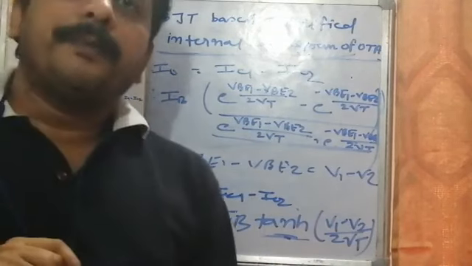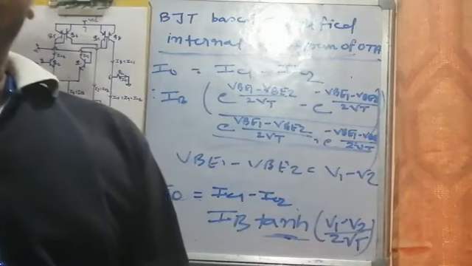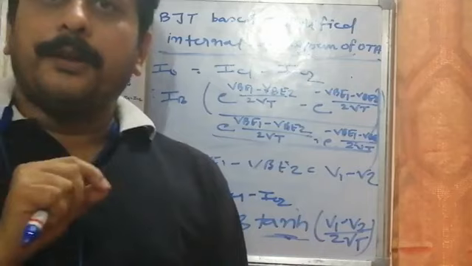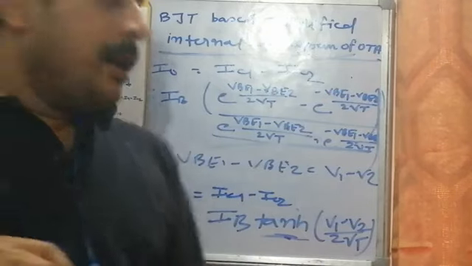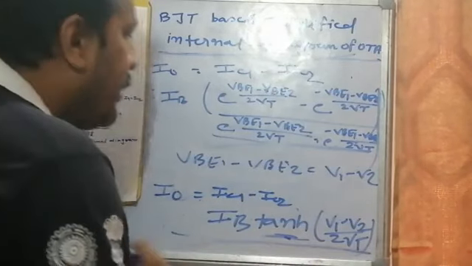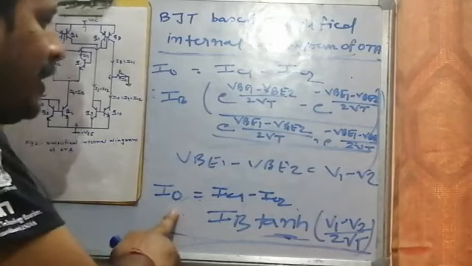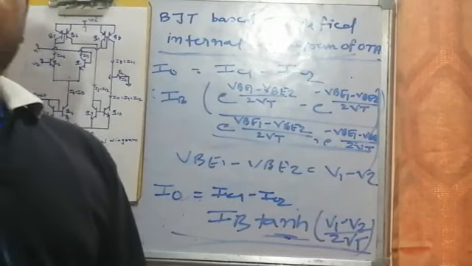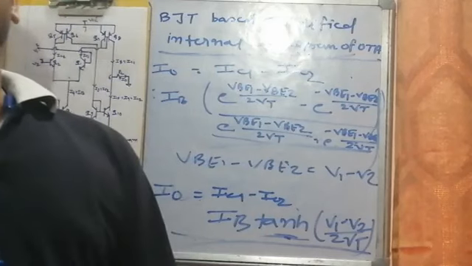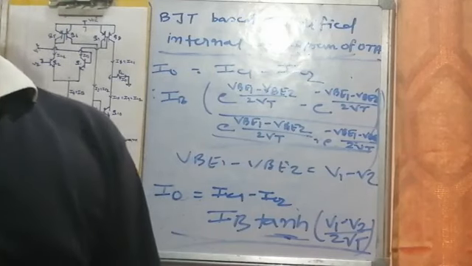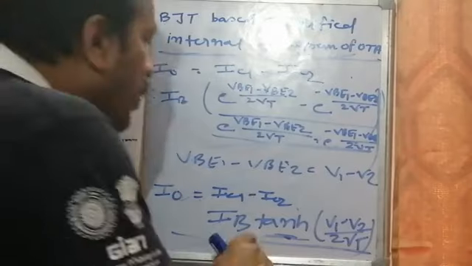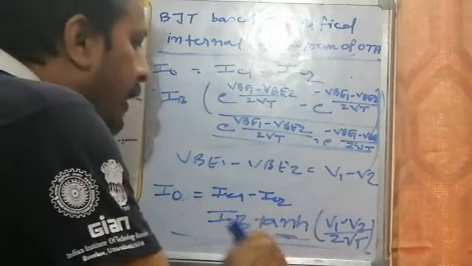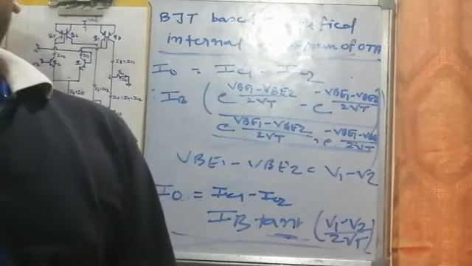And what is the meaning of transconductance? Basically, transconductance is output current divided by difference in input voltage. So here we have the relationship between output current I0 and difference of input voltage V1 minus V2. I want to find the ratio of these two quantities. We cannot find the ratio simply because it is related by a tanh function.